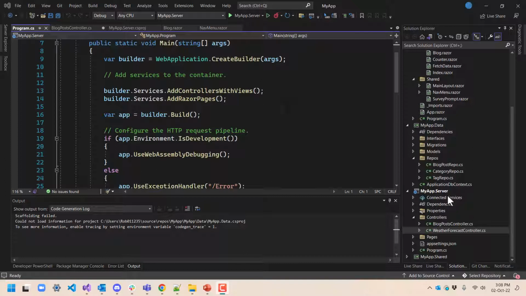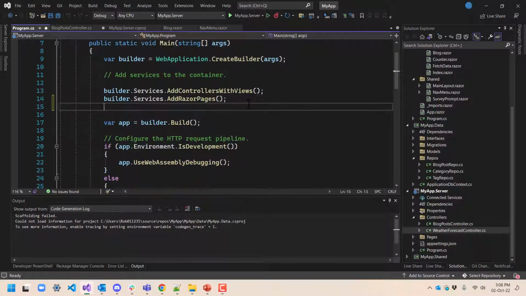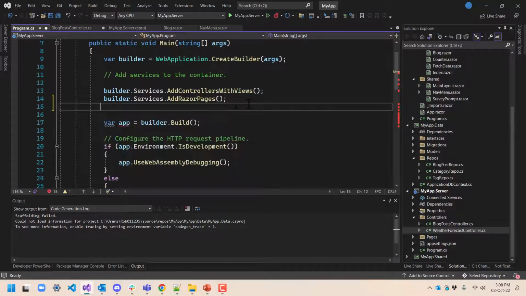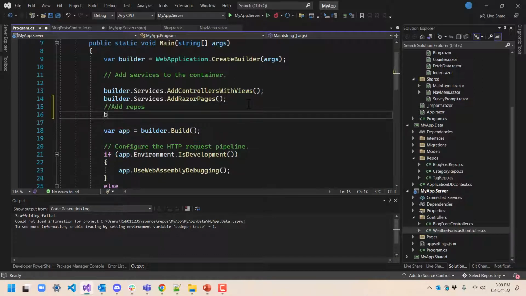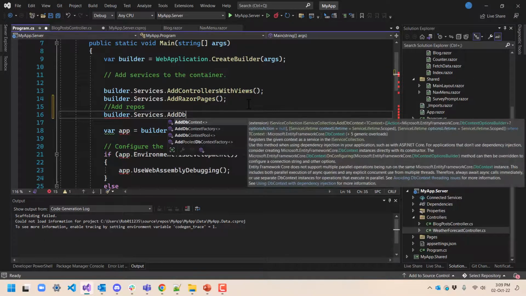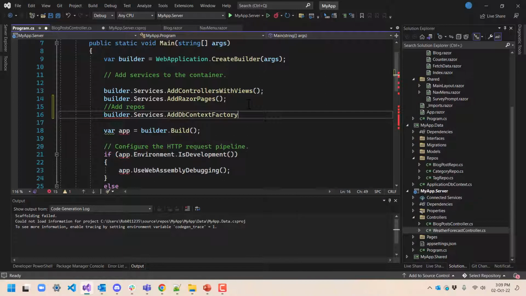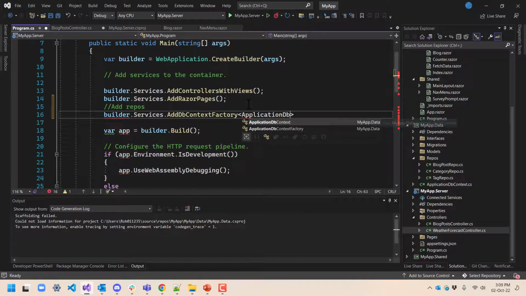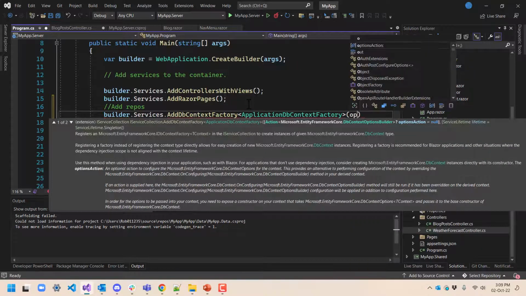here in Program.cs of our server, we will do the following. I'm going to put a comment here: add repos. builder.Services.Add. First, we're going to need the DbContextFactory. So we're going to add that, and we're going to say options,